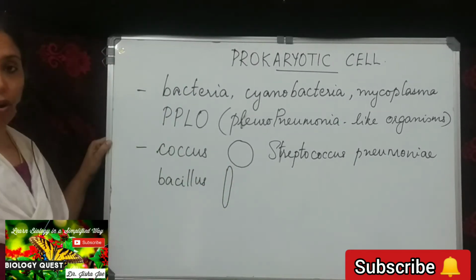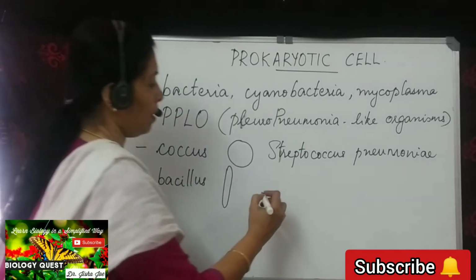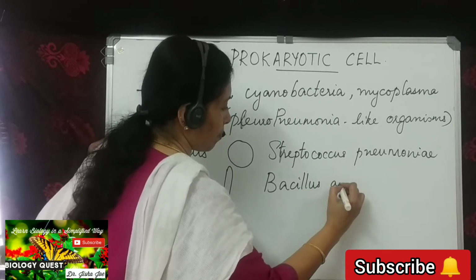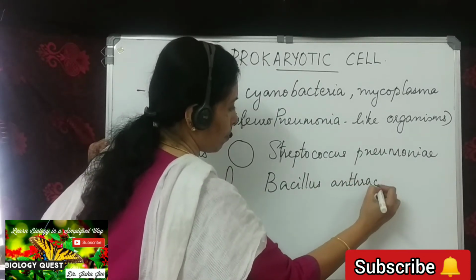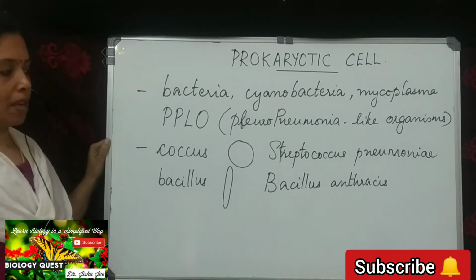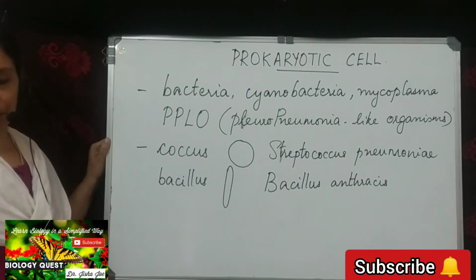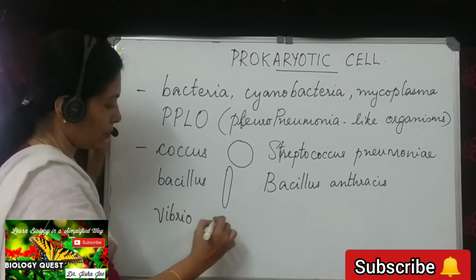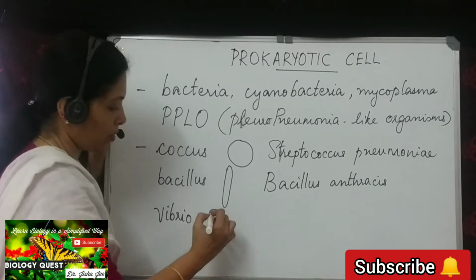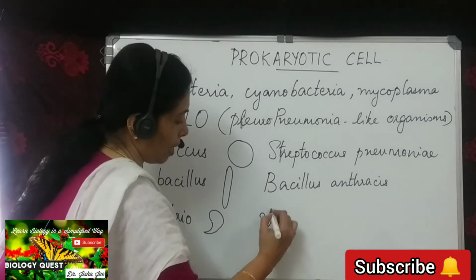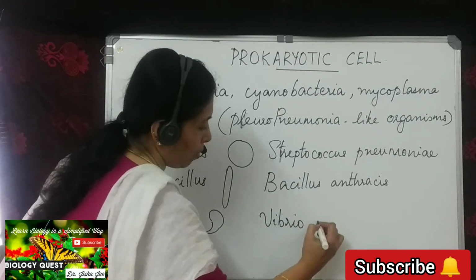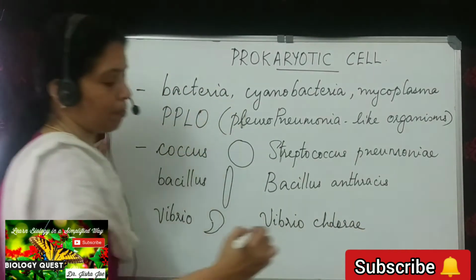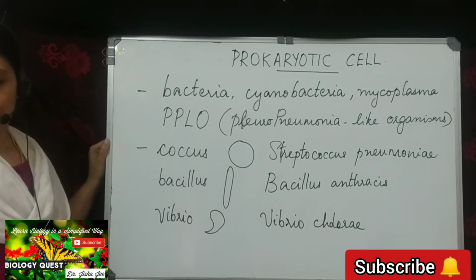Rod-shaped bacterium. Example, Bacillus anthracis. They are rod-shaped bacterium. The third type is Vibrio. Comma-shaped. Example is Vibrio cholerae. And the fourth one is